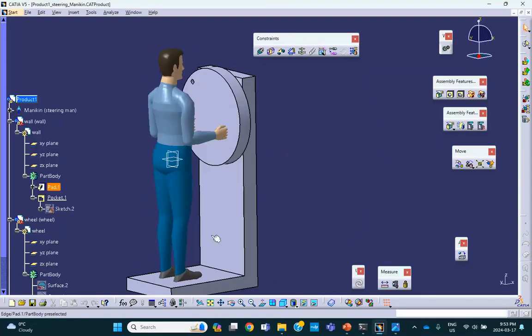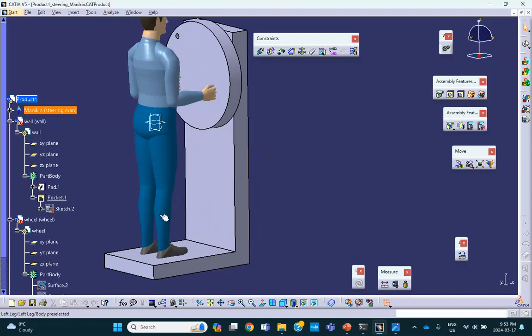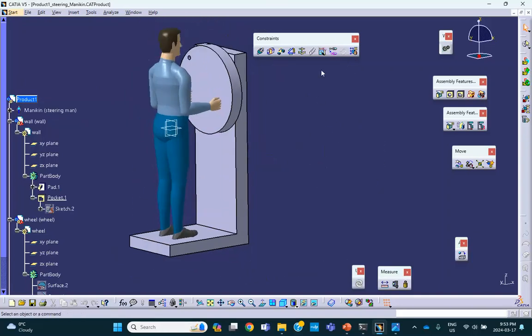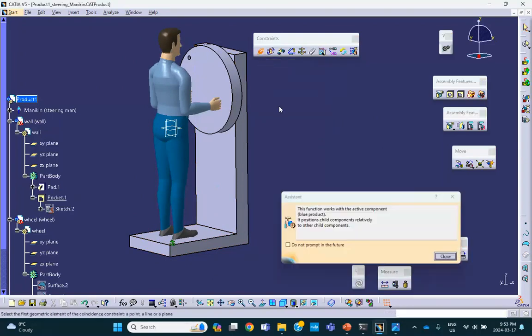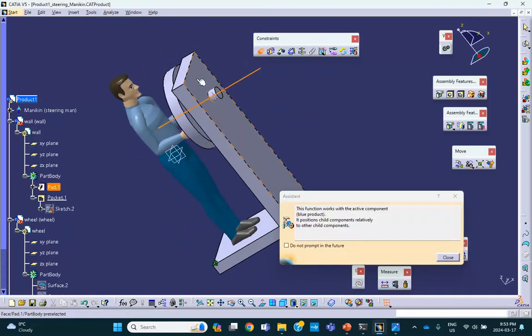So first of all, in the event that you want to move some of these legs and things like that for whatever reason, you're going to have to be in the human builder. And I'm going to do that, but for now, let's anchor the wall